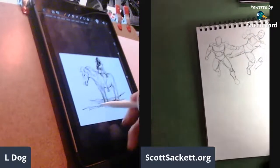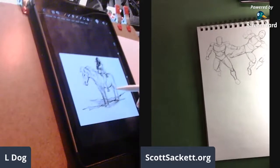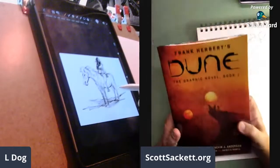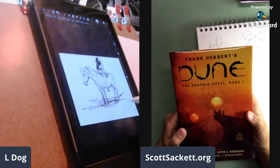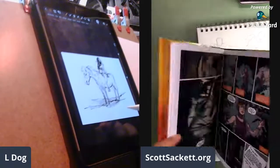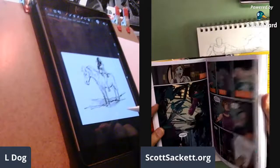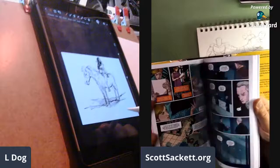Oh, hey, I want to show you something. I brought an object lesson. I checked this out of the library: Dune, Frank Herbert's novel. It just came out, a graphic novel version. I'm looking at it and trying to read it, and I'm going,